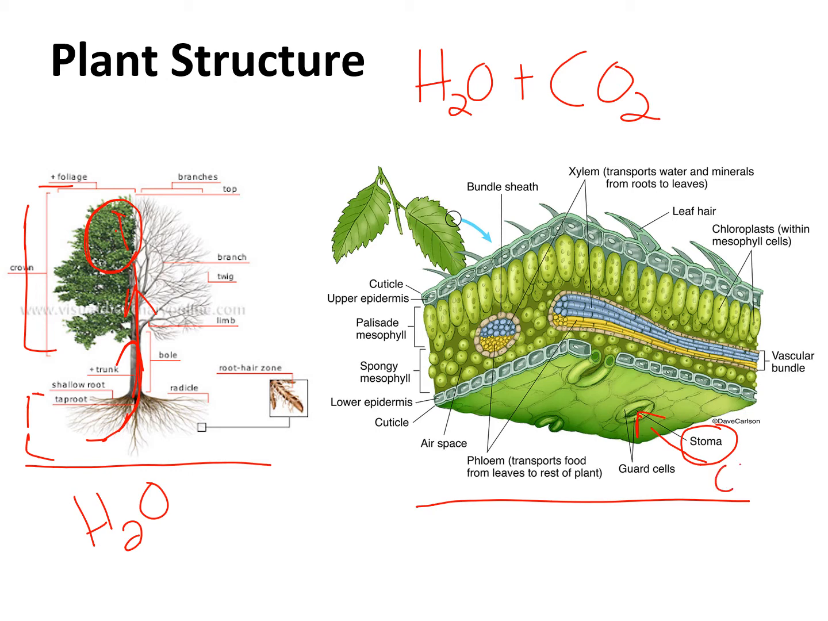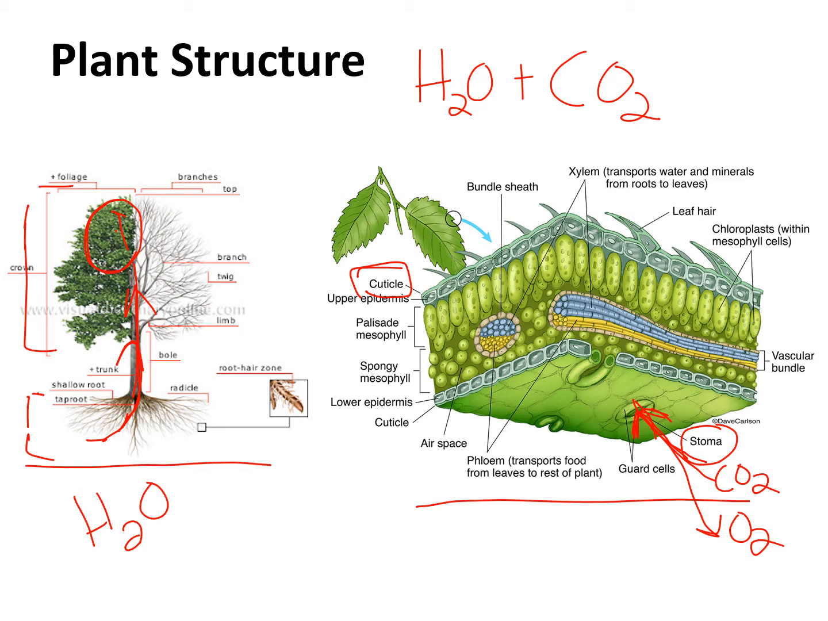So that's how the carbon dioxide is going to enter, and it's also where the oxygen is going to leave once the oxygen is produced. So carbon dioxide goes into the stoma, oxygen comes out. Now some other parts of the leaf, you have the cuticle, which is on the outermost part of the leaf,